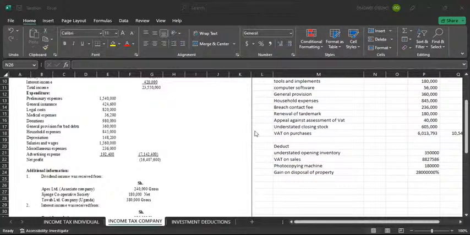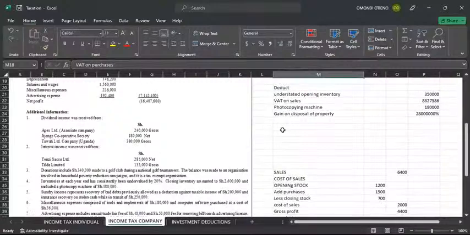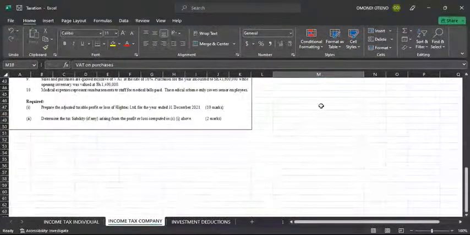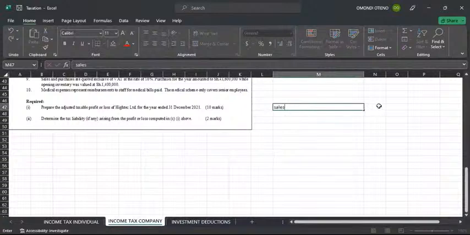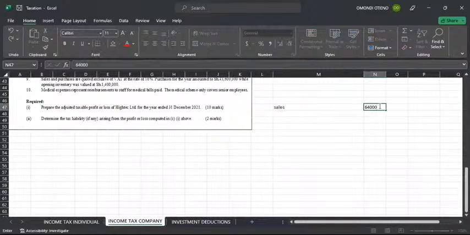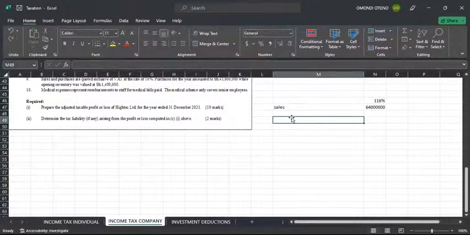VAT on sales. So VAT on sales, this is what we have been given here. The value which is given up here is inclusive of VAT at the rate of 16%. This is what we've done. Sales includes VAT of 16%, and the value given to us is 64 million. 64 million, since there is VAT inside, we have 116%, which means the real sales here,